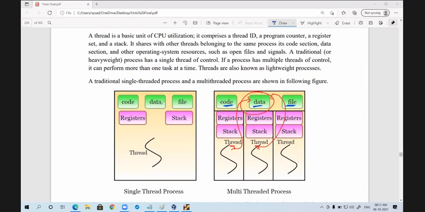So now can you tell me, when two threads want to communicate between each other, do they need any IPC mechanisms like pipe, named pipe, message queue, shared memory? The answer is no. Can I say it is just a matter of putting the data into a global array?